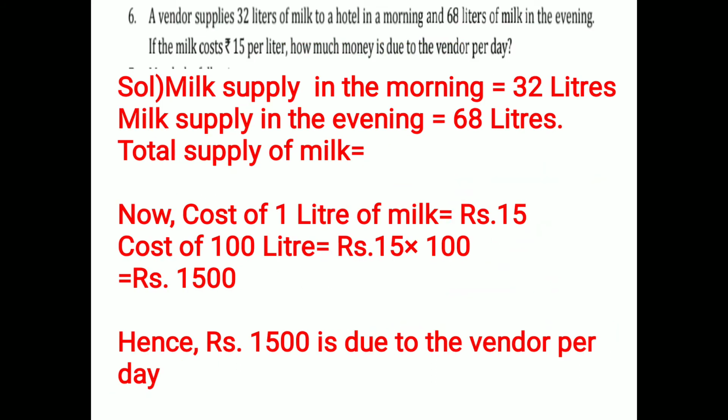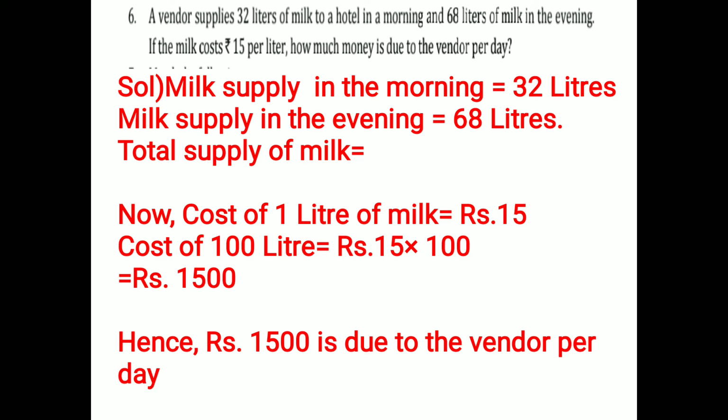Question number 6 is the same as question number 5. There is a vendor, you know, who supplies things to your home. A vendor can be a fruit seller who sells fruit, that is also a vendor. Whosoever roams on the street and supplies to the people. Clear? So we call that person a vendor.